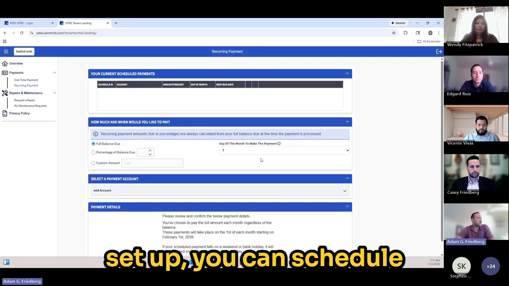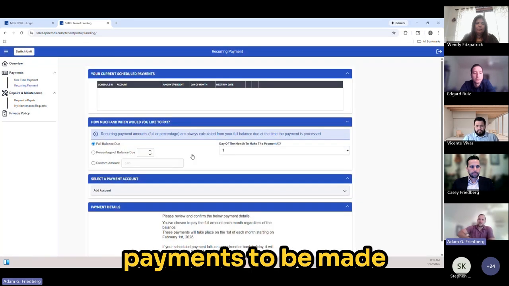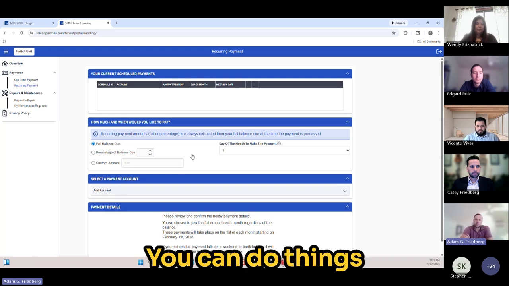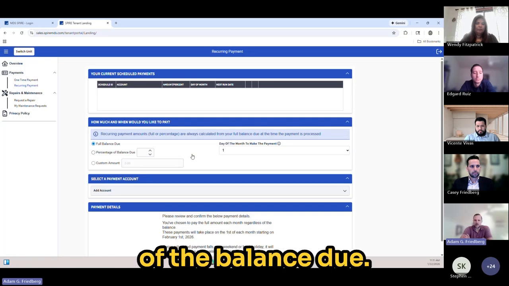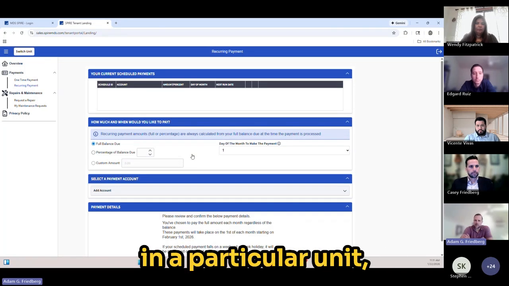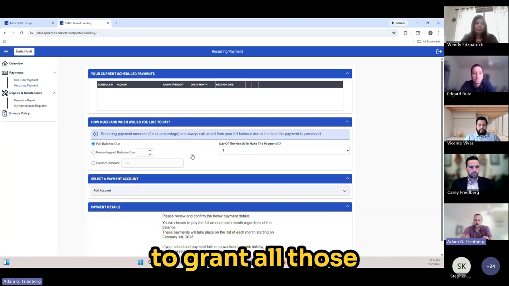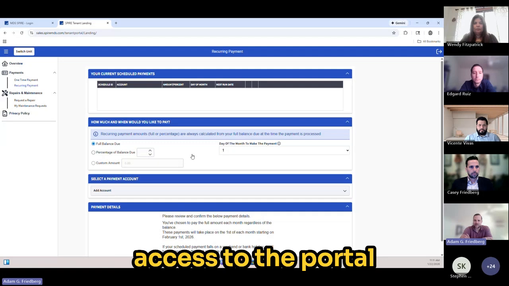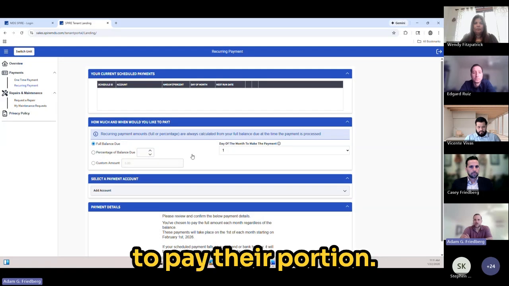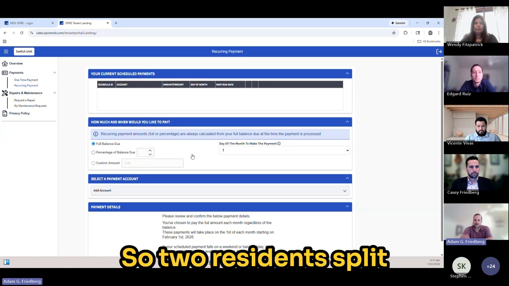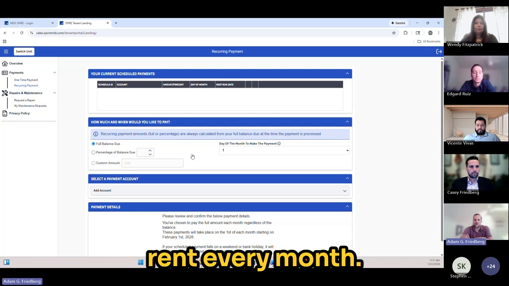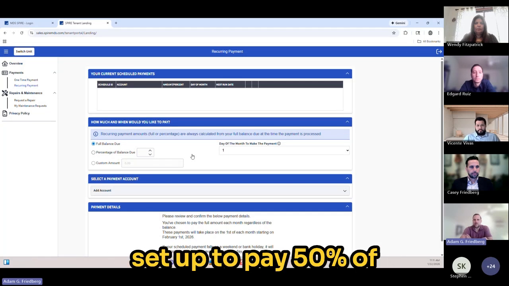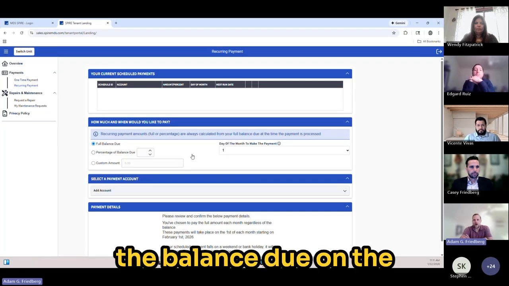Once they have been set up, you can schedule payments to be made on a recurring basis. You can do things like full balance due, set a custom amount, or set a percentage of the balance due. If there are roommates in a particular unit, you have the ability to grant all those different roommates access to the portal to pay their portion. So that's just a really simple example. Maybe you have 2 residents, split the total cost of the rent every month. So each one of them might set up to pay 50% of the balance due on the first of each